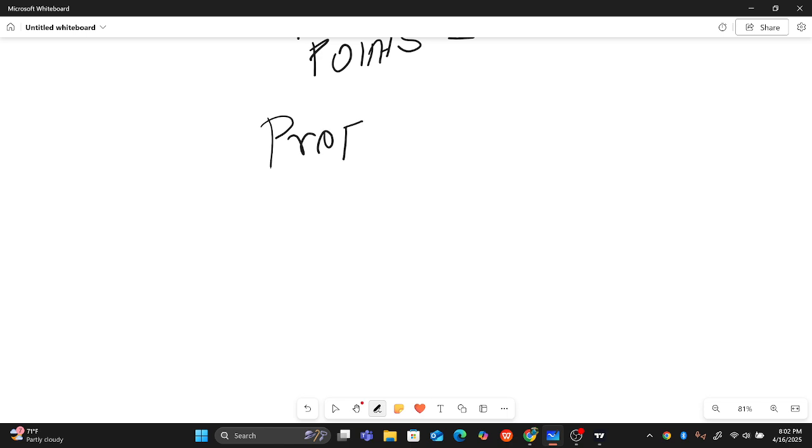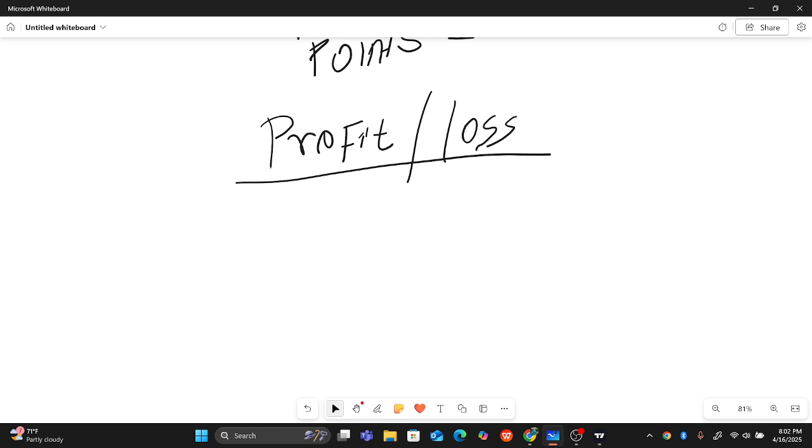profit or loss. How do you really calculate it to know that you have made a profit or a loss in the market? Now, the formula to calculate profit or loss, because most of the time you are going to see P and L. Okay, and how to calculate this is called